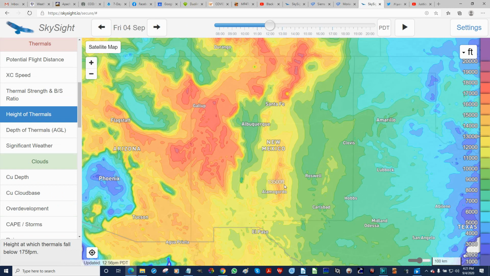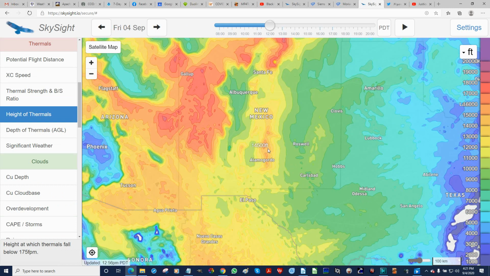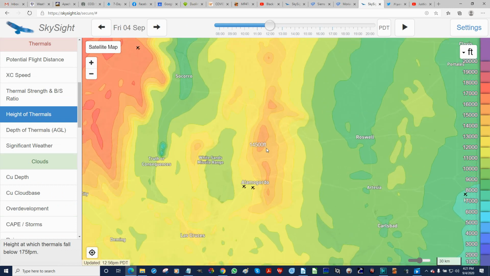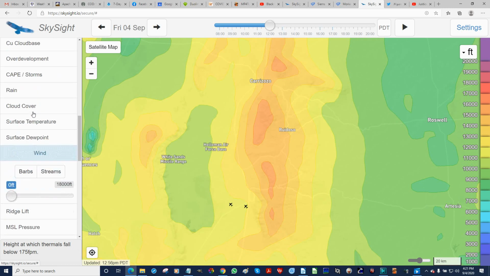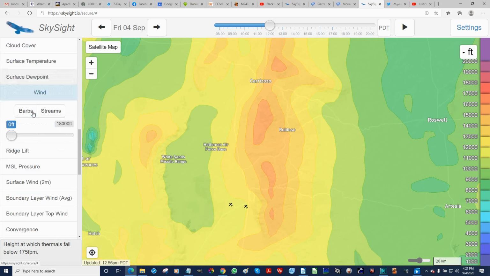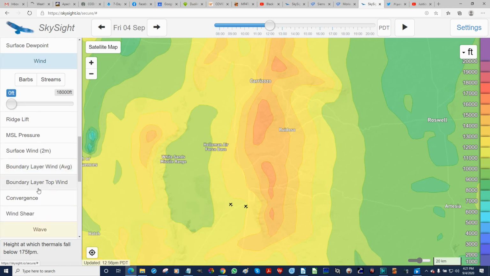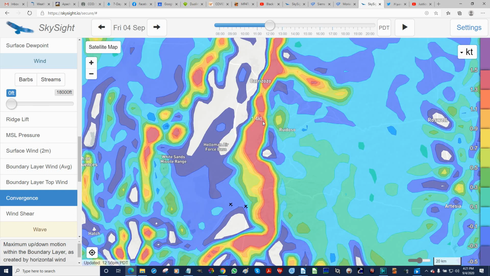But I'm going to look at another data visualization that I find very important when looking at conditions around the Sacramento Mountains of southern New Mexico. So we've zoomed into that area and we are going to look at Convergence Lift. The color coding here, red is very good lift. Cold colors is sink, areas you want to avoid or places where the convection will be suppressed until much later